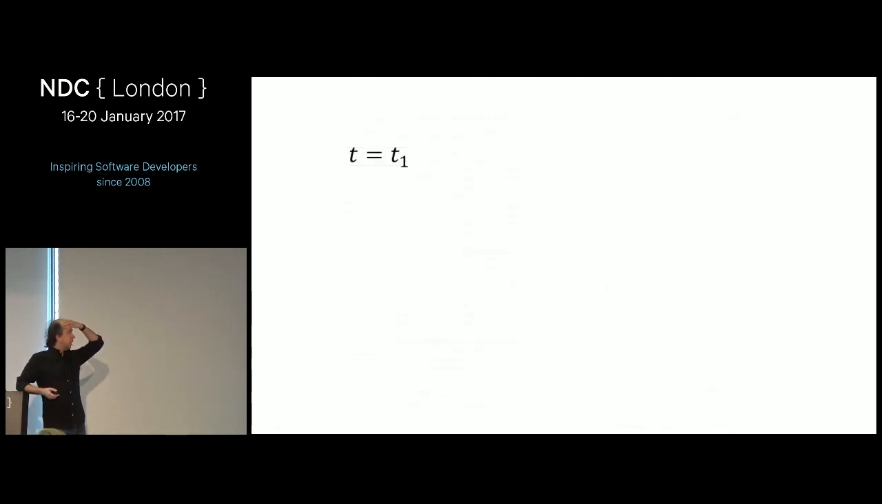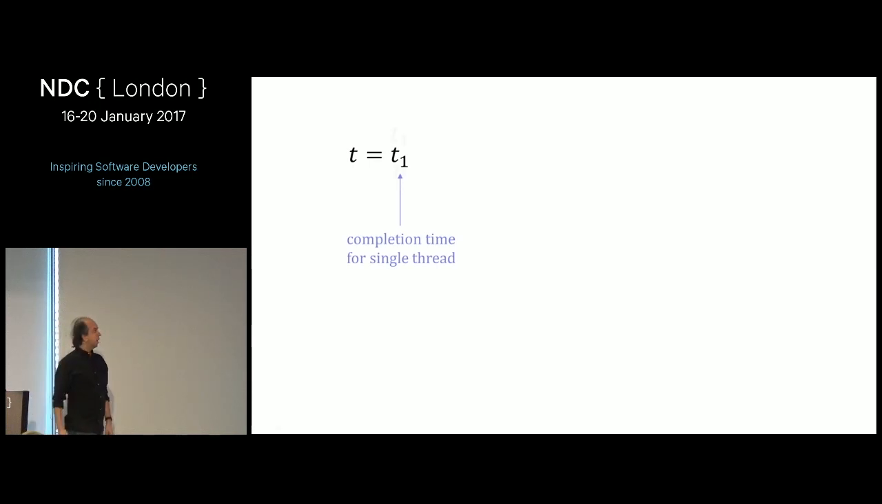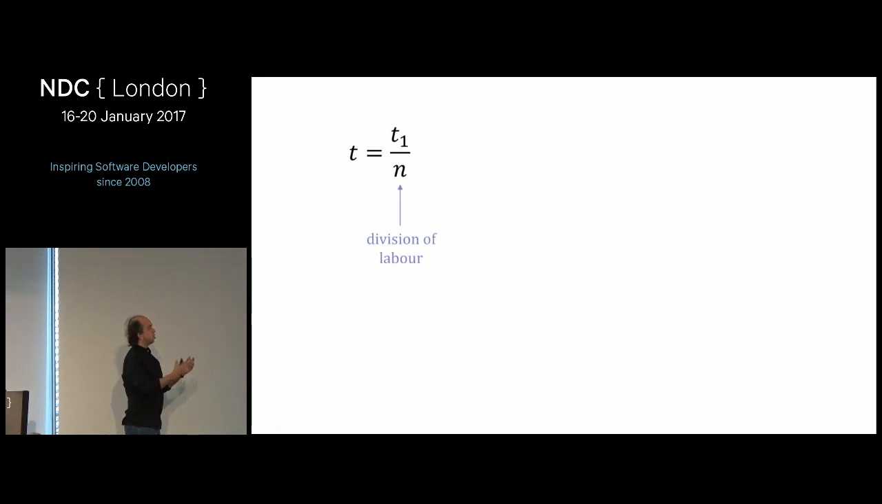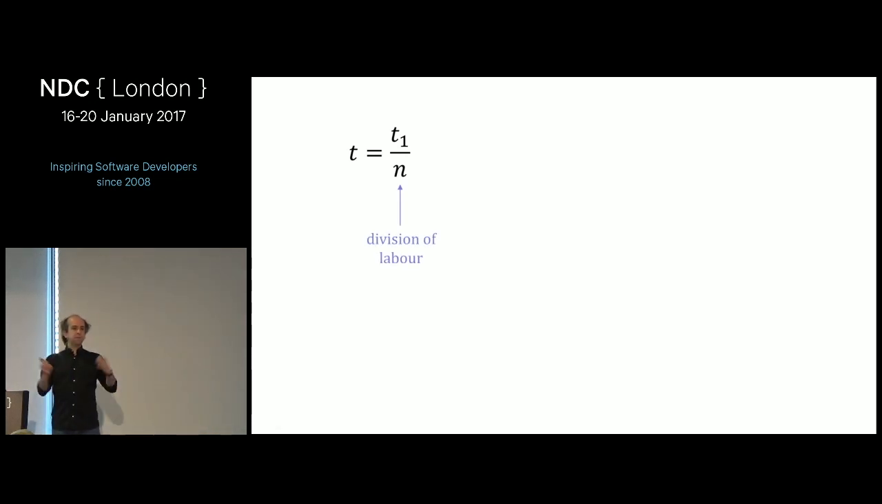So if we take the idea, to understand whether or not you want to introduce threading, completion time for a single thread, and we're working on some task, the classic view of division of labor, we're going to throw n threads at this. Okay, that's brilliant. If everything's independent and everything is for free,